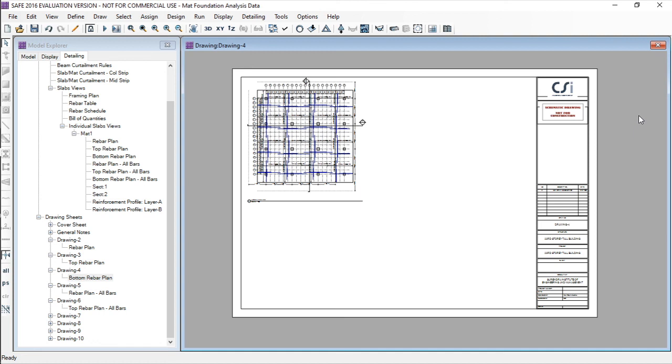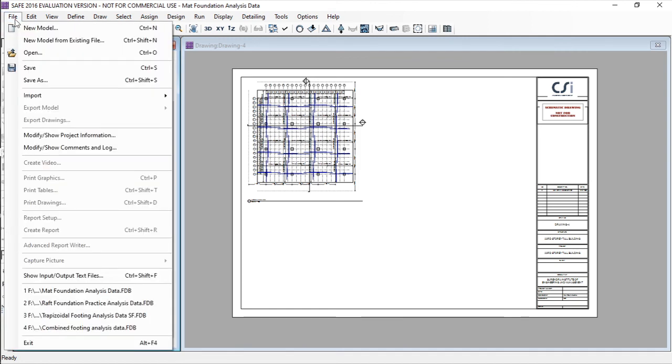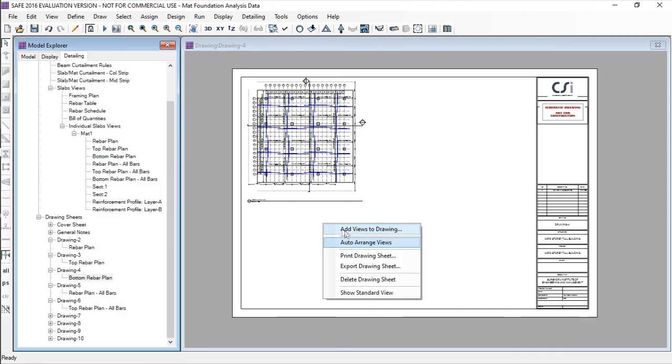So it is suitable for students, for studying purposes or other research purposes. So for exporting this data, we can select from here. If we have the licensed version, then the export model or the export drawings option will be enabled. Otherwise we can also print from here.